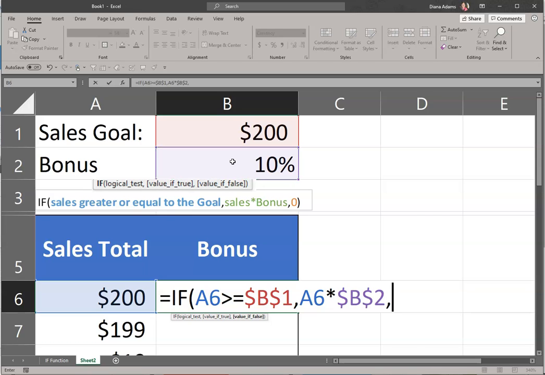The second comma now has me ready for the third argument, which is where I tell Excel what to display if the test is false, and that's going to be a 0. And then I close the function. Every function has to have the opening and closing parenthesis. And I can press enter,